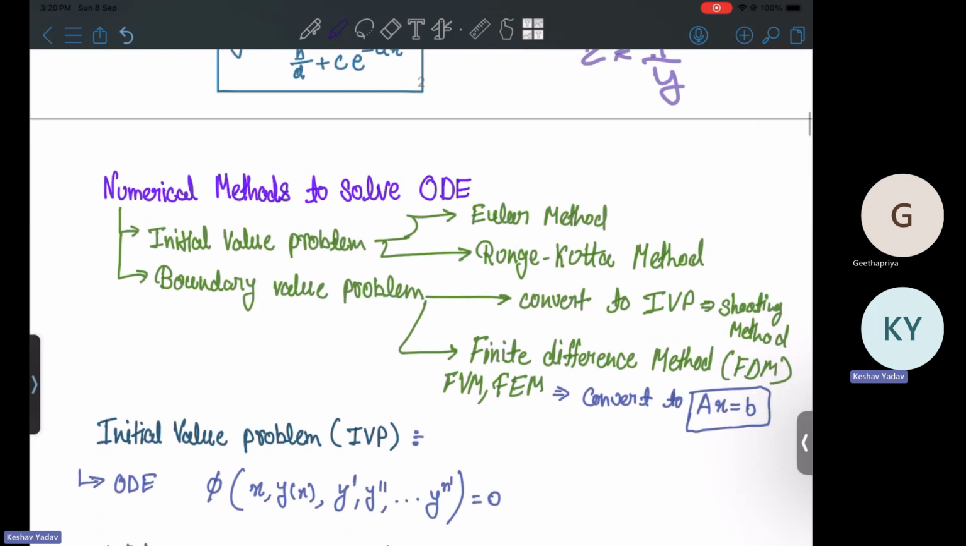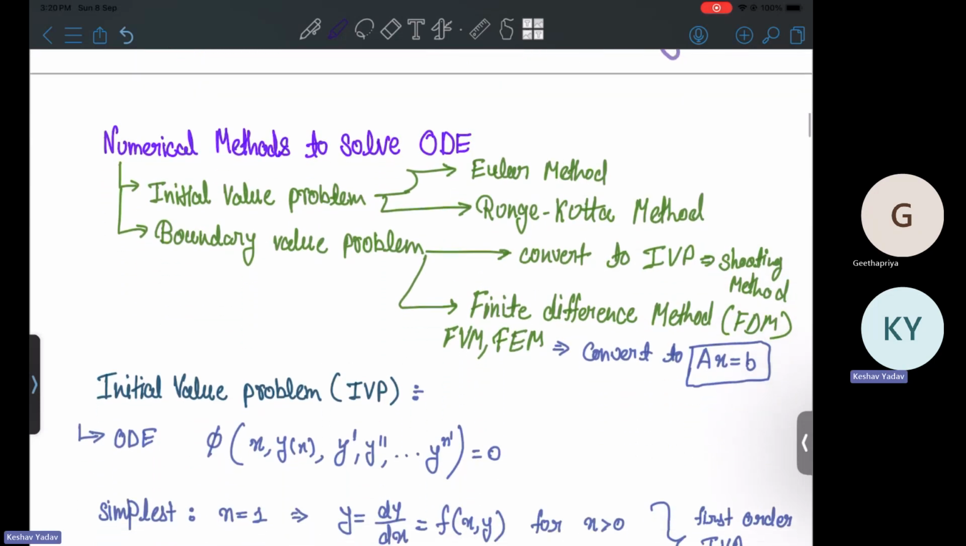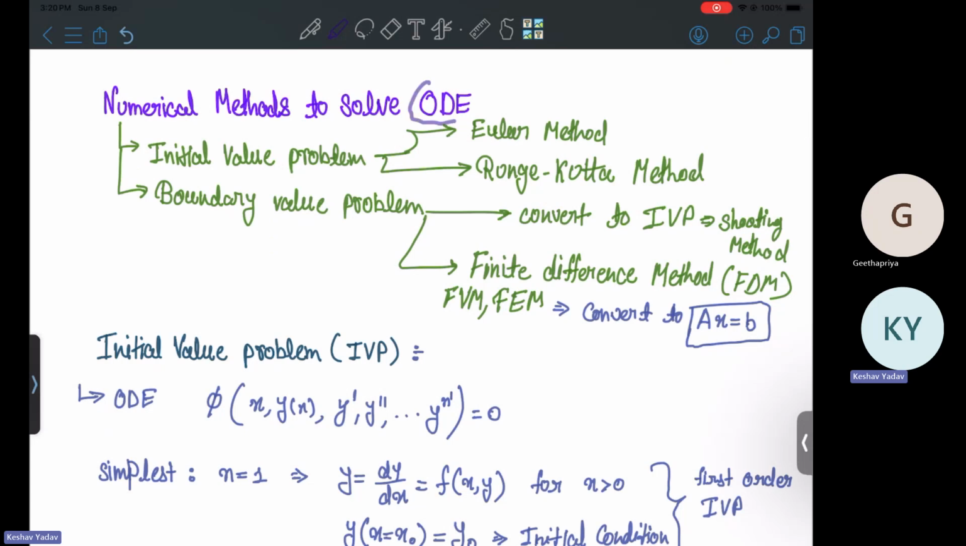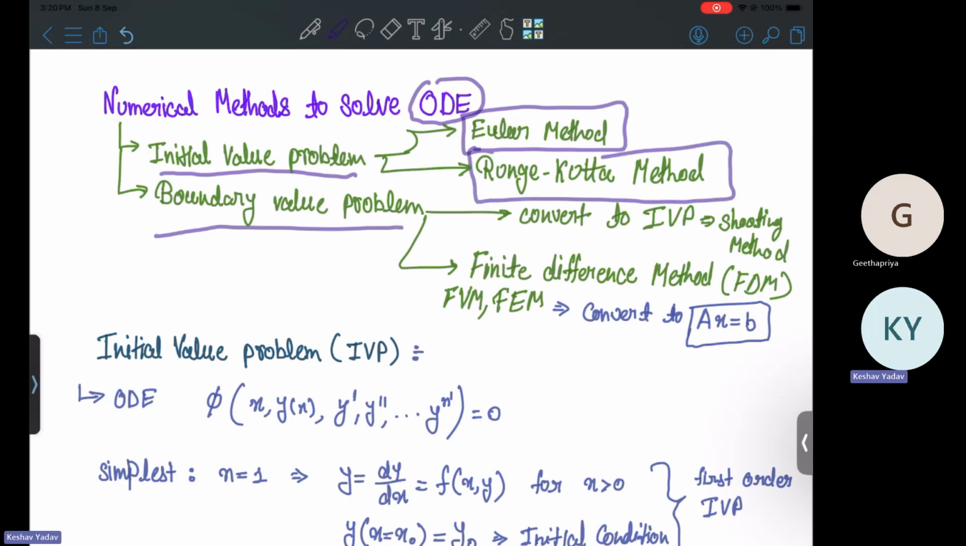Now we come to the main part of our discussion for week 7, that is the numerical methods to solve the ordinary differential equation. Okay, so ordinary differential equations can be of two types. One is the initial value problem, another one is the boundary value problem. Initial value problem can be solved using the Euler method or Runge-Kutta method. Okay,